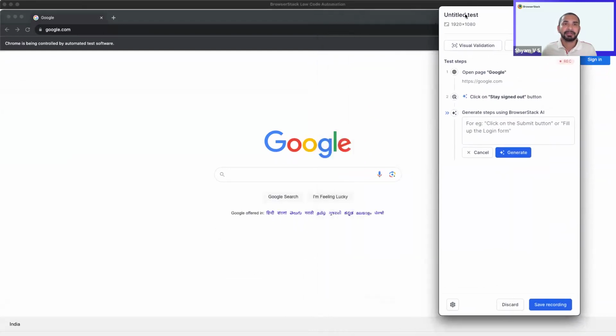It takes time only during the recording part. The AI looks at the whole page and then takes time. But during execution, it's like how we saw in the previous case, right? Now I'm going to give it a more high level statement, a functional statement rather than a specific instruction. In this case, it will be,